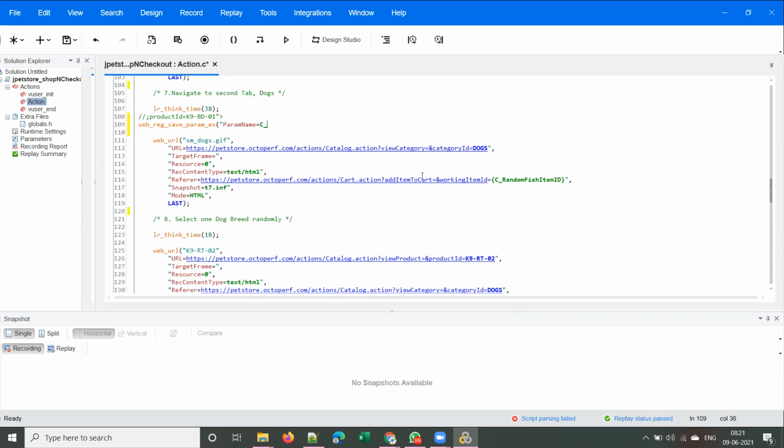What name shall we give to this? Parameter name, what name should I give to that? Grade. Vasdar, give some name to this array.